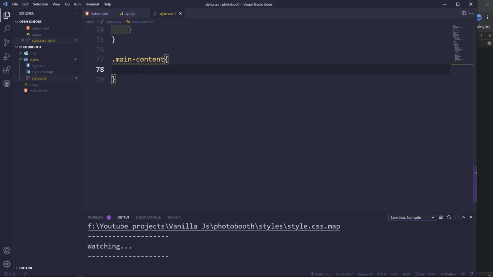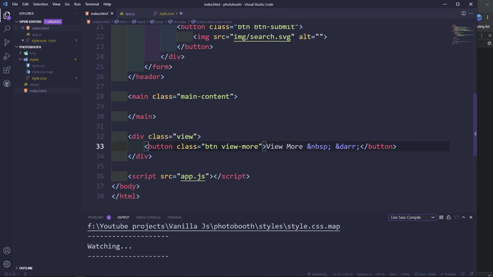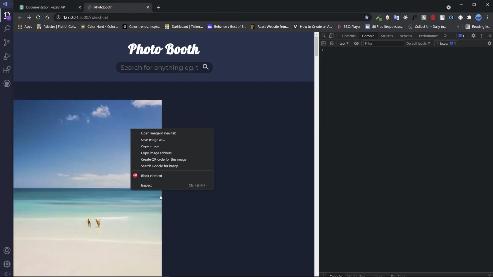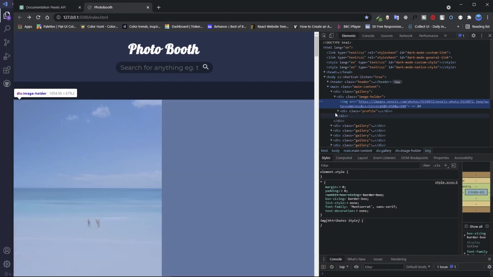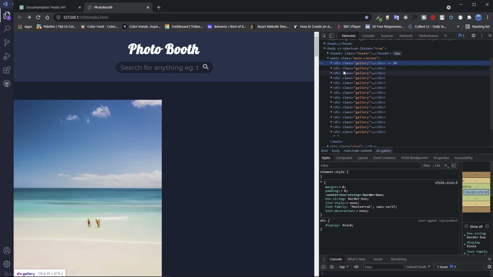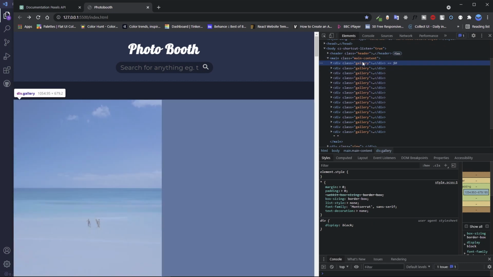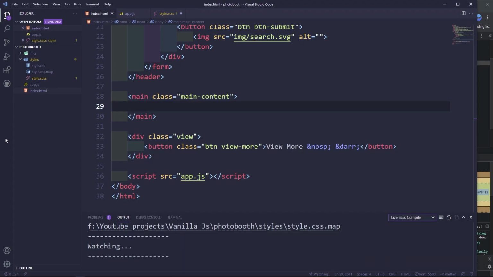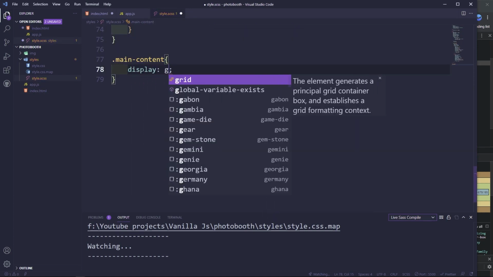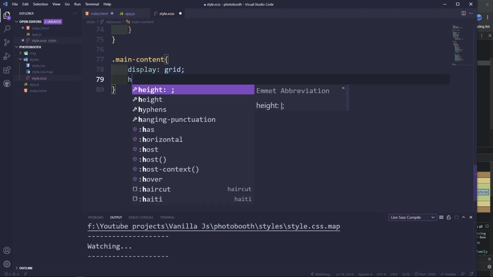So in the main content, actually, hold on, what's in the main content? Let me review this again. Let me inspect this. So inside the main content, we have a gallery, we have a bunch of gallery classes. So we want to display this as a grid, a nice grid. To do that, let's go to the style.css. We're going to do display grid,